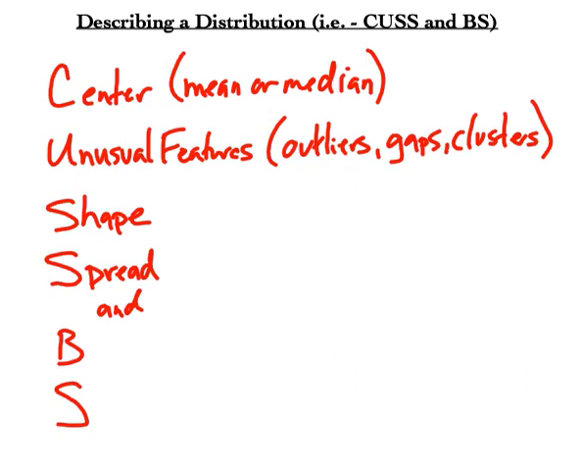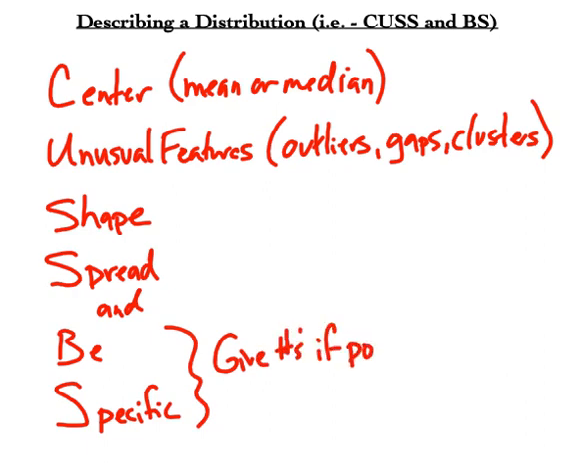And then the last thing is not one of the four individual things we want to talk about. We also want to be specific if we can. That's very different from the way that we usually think of BS, and we're actually trying to be specific in this case. What that basically means is that we want to give numbers if possible. So if we're talking about the center of the distribution, let's calculate its mean, or let's give its median,